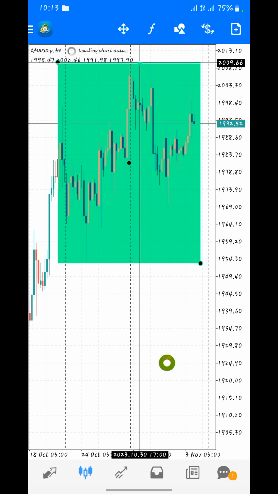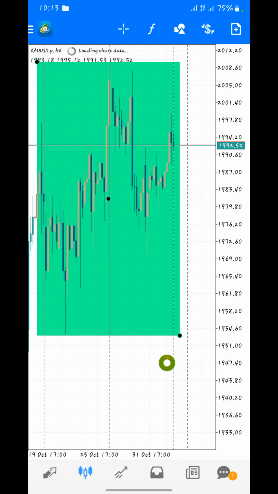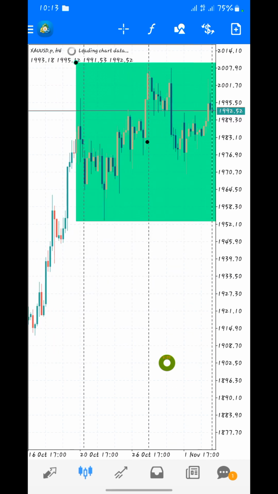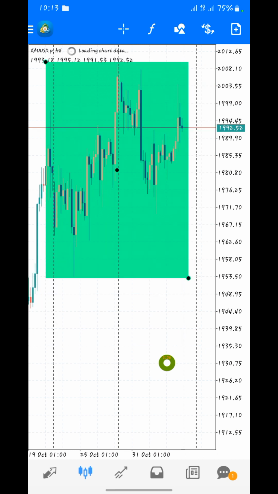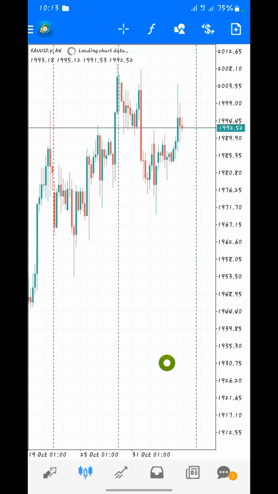So today I just want us to do the analysis for the market so that we can know what to expect on the coming Monday. Today is the 4th of November and it's Saturday. As you know, the market is closed on Saturday, but we are going to do our analysis on this Saturday because it's supposed to be done at this moment. I mostly do my analysis on weekends.